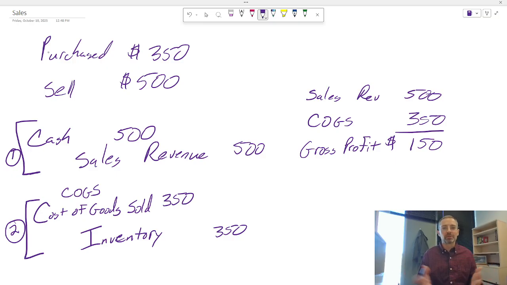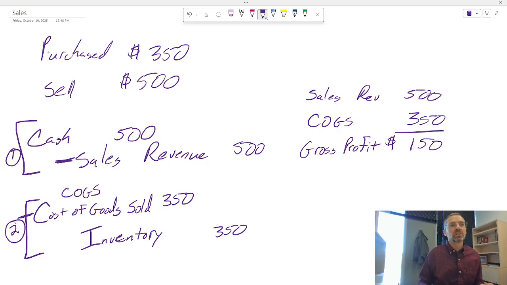It's the same thing here with a merchandiser. If you're selling stuff on eBay, you are a merchandiser, and so you're often keeping track of how much money you are making on each sale. That's what we're doing here with the journal entries: we have our revenue right there. How much did we get from the customer? And comparing that to our expenses, or how much did that thing cost us? All right, so that's a basic sale.